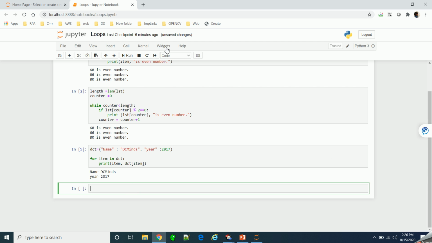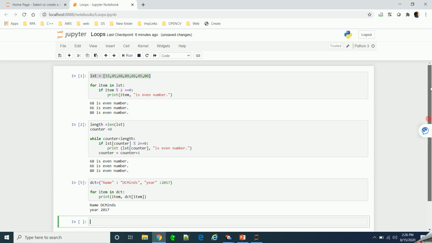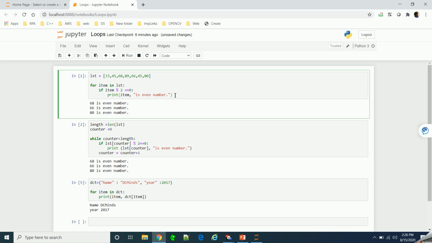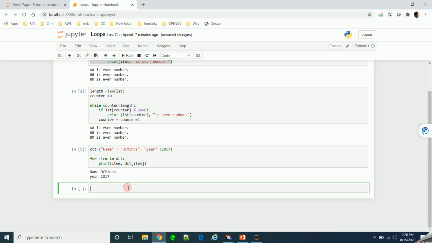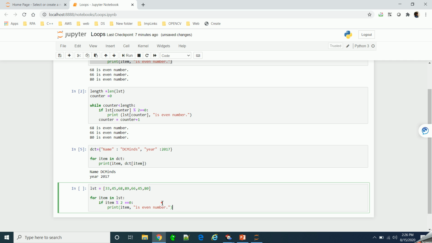Okay, now let's see some loop control statements. So here we'll take the same example. Here we want to print all the elements of this list, but we want to skip the element if it is an even number.